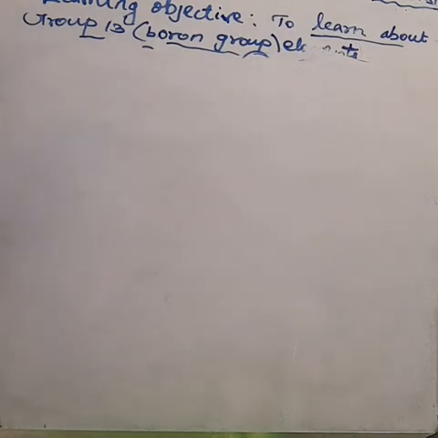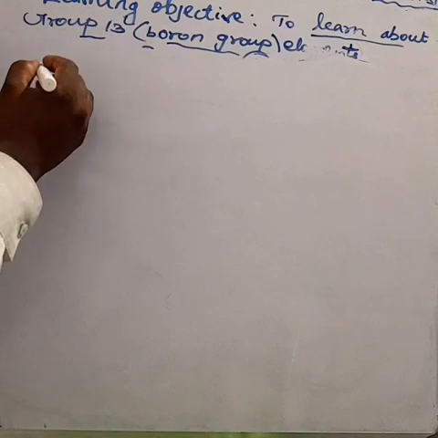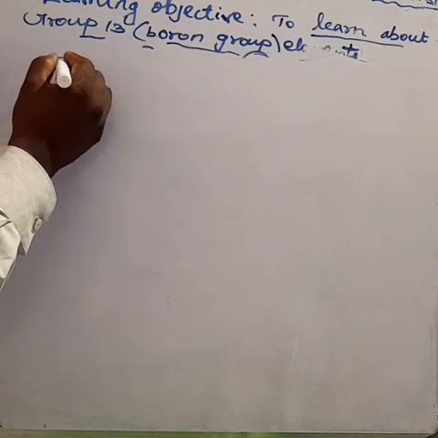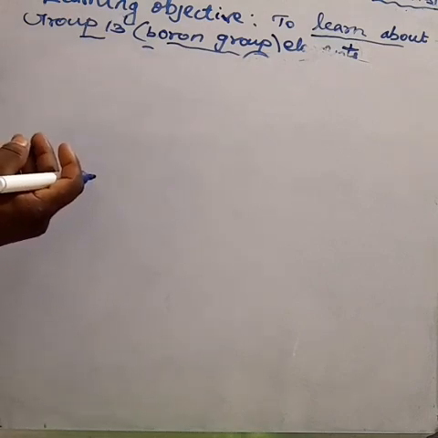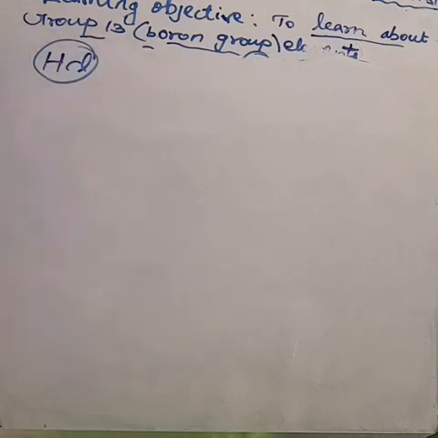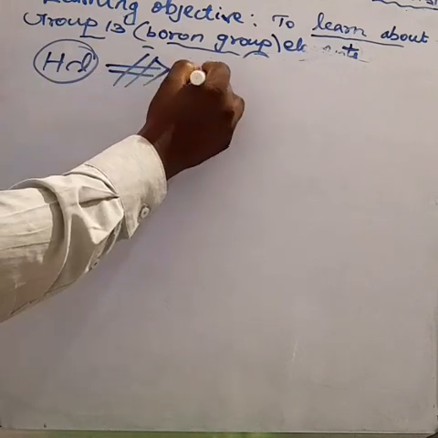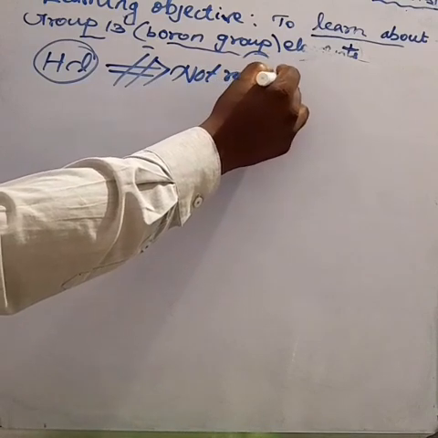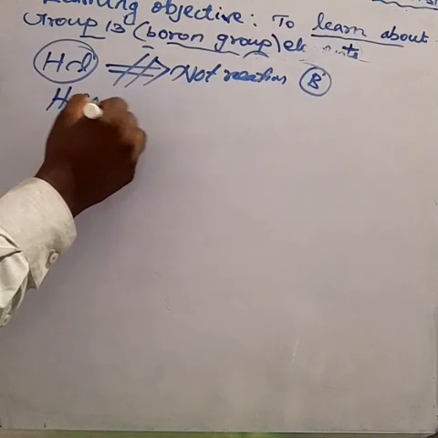Anyhow, halo acids have no reaction with boron. Halo acid means one of the halogens combined with hydrogen, for example hydrochloric acid. What is the formula for hydrochloric acid? HCl. So we are saying halo acid. This halo acid has no reaction with boron. That means hydrogen chloride cannot react with boron. What's the remaining acid? The remaining acids are sulfuric acid and also nitric